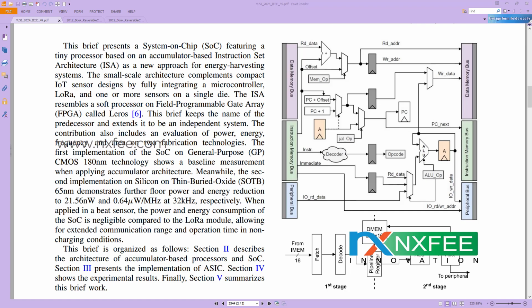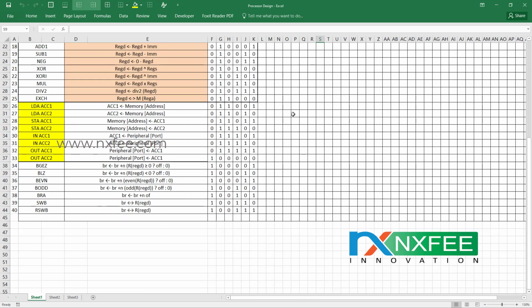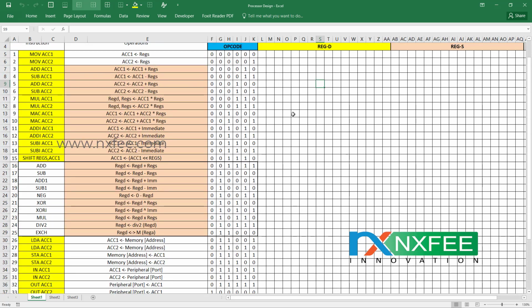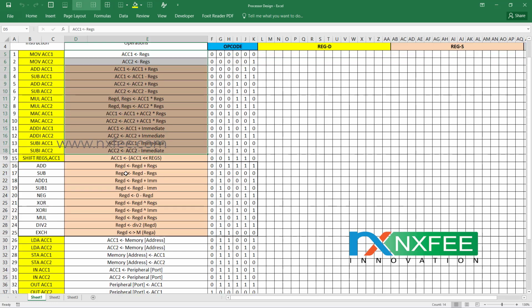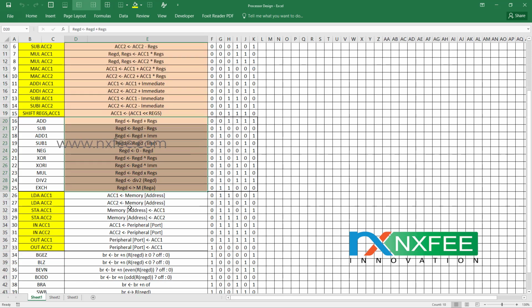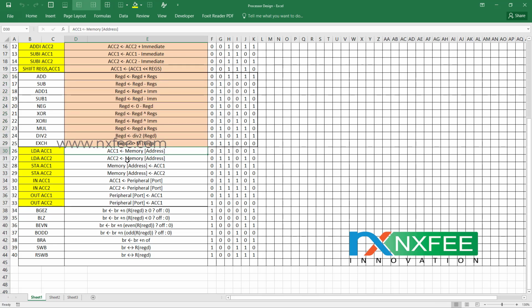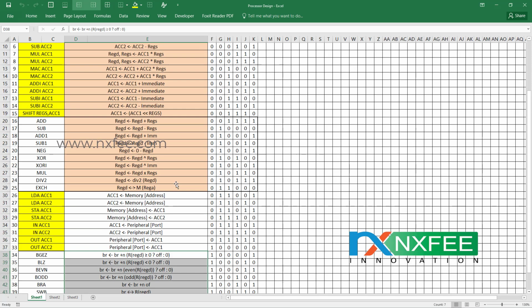So for the instruction execution we have used this Excel sheet. Here we have listed around 40 instructions. The first set of instructions deals with accumulators 1 and 2, the second set with register D and register S, the third set with memory access and peripheral access, and the fourth set with the branch registers. So as per that we have